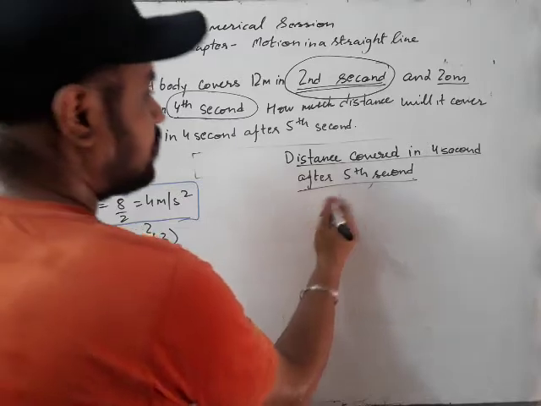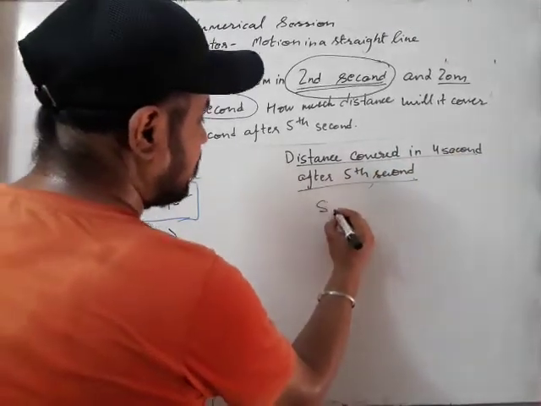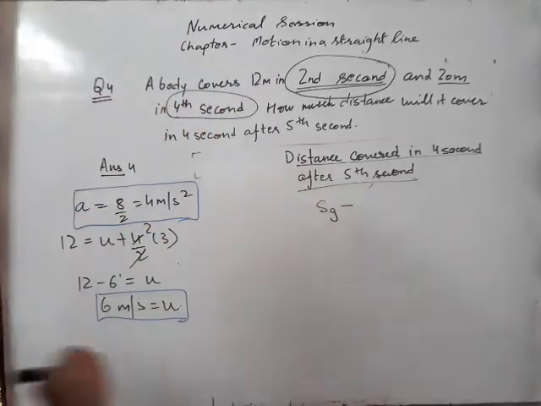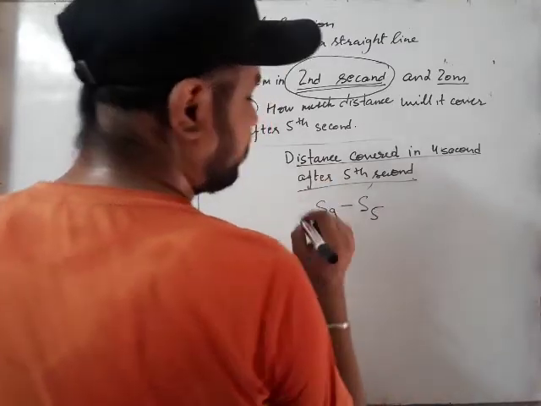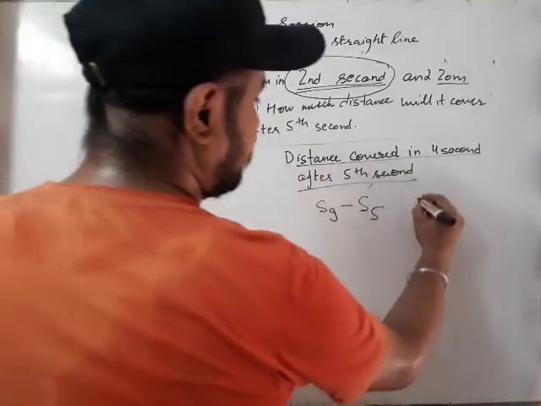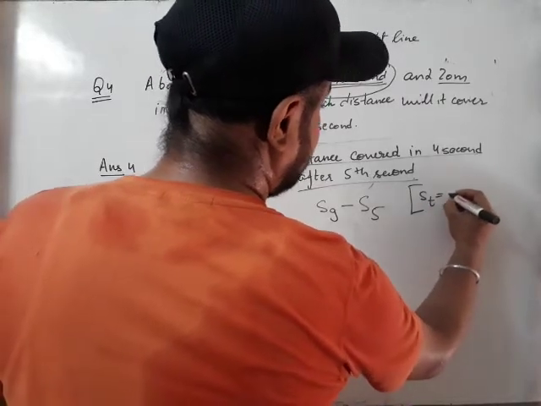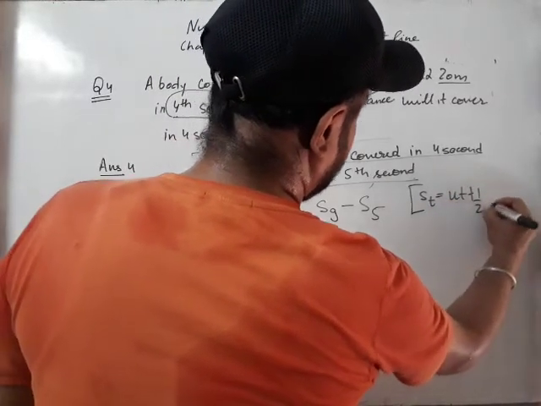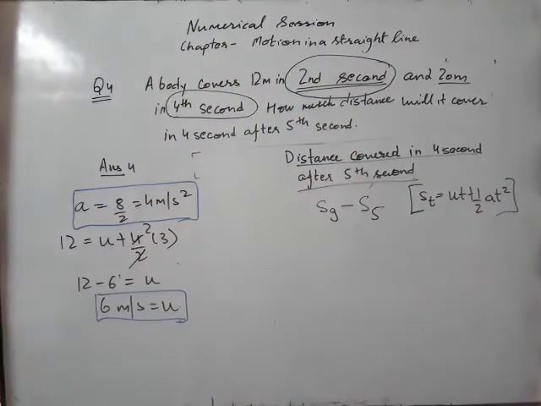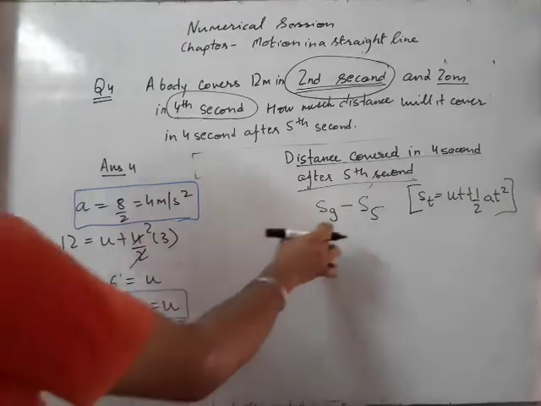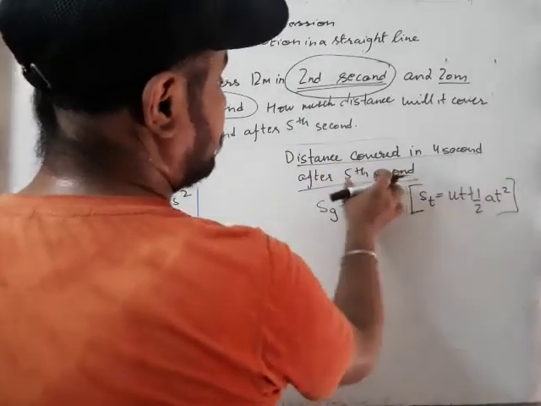But for finding out after 4 seconds, after the 5th second, it will be 9 seconds. So distance in 9 seconds minus distance moved up to the 5th second. So that we will be subtracting now. Particular seconds are there, so our formula will be changed. S at t is equal to ut plus half of at square. So we have to find not the particular second, we have to find out for the whole journey, that is for 9 seconds.